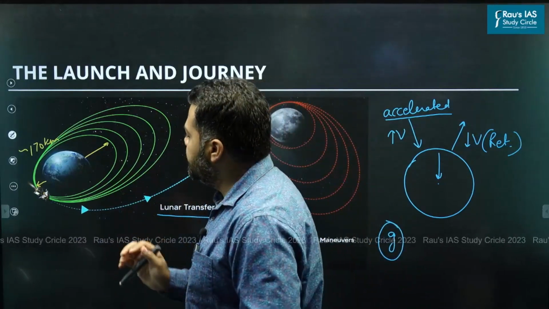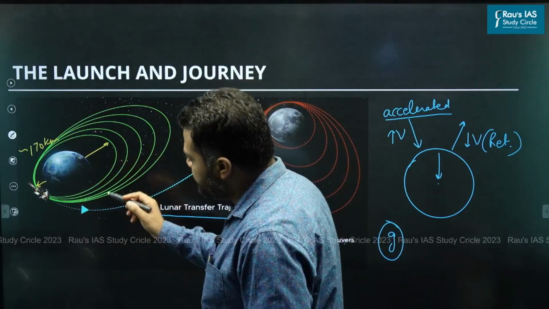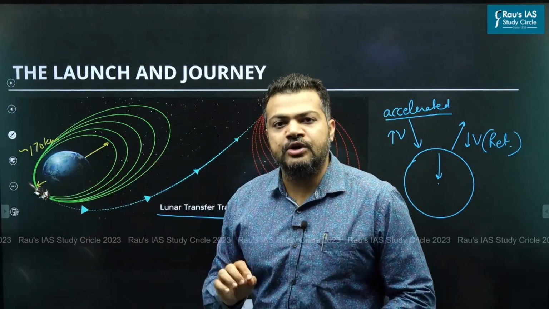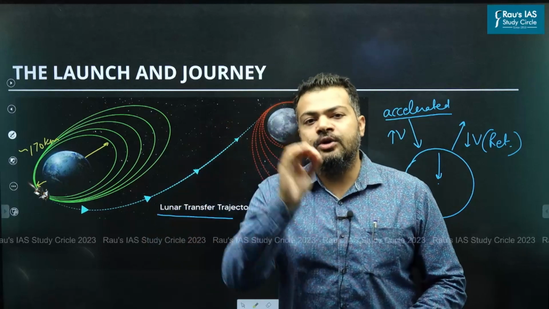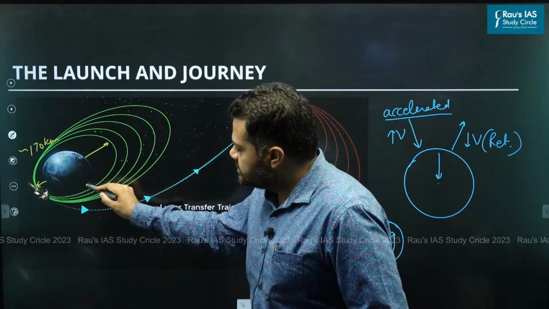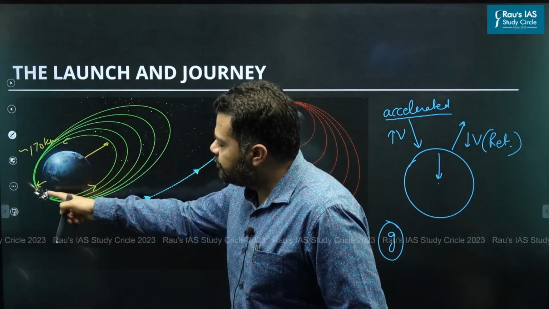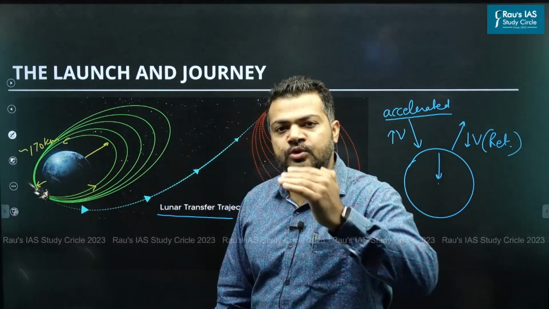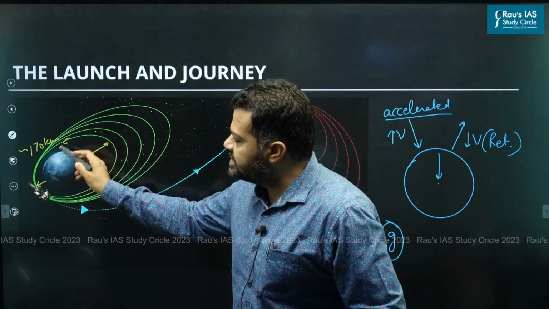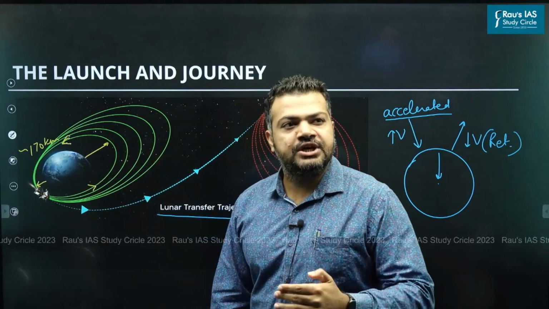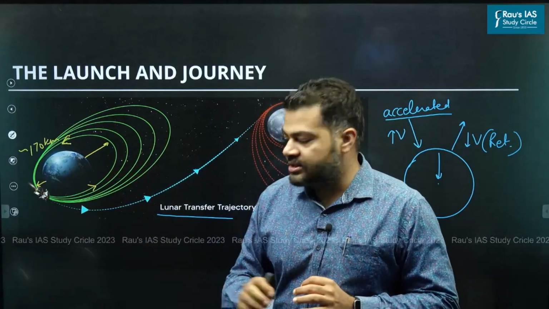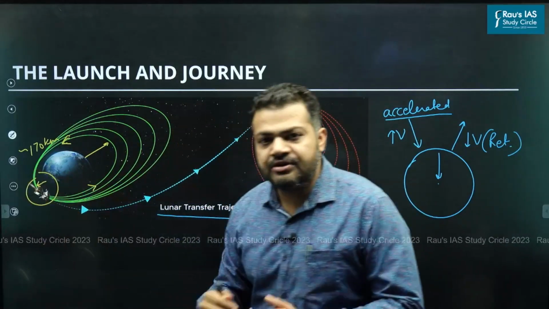Don't worry about it, I'll explain all these things. So what they did here, they first deployed the Chandrayaan in an elliptical orbit, and then it moved from perigee to apogee. As it goes from perigee to apogee, it will slow down, and then from apogee to perigee it will accelerate. As the Chandrayaan started accelerating, reaching perigee, the mission controller at Bangalore